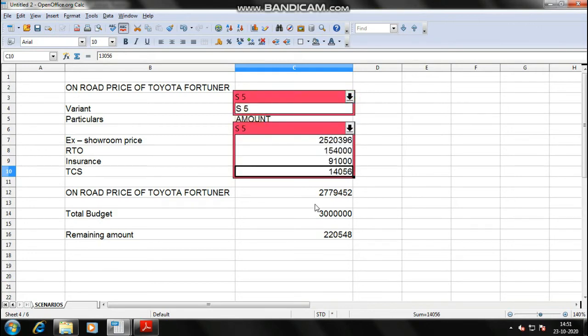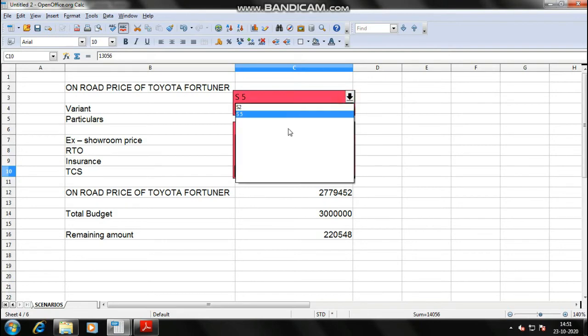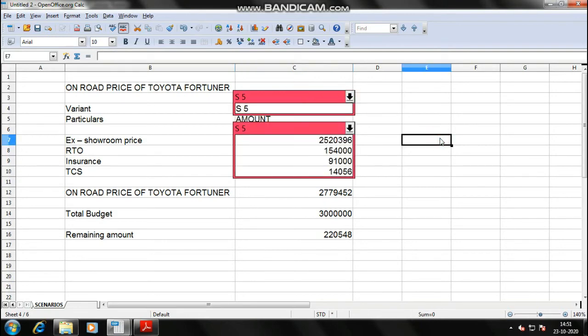So like this, you can create another one. How will you create it? Go to S5. Just write down here S7 is the variant, and just give some, oh, it's 1 0 is less. Okay, and 160, then 20,000 TCS.